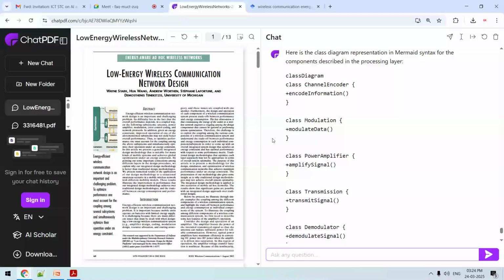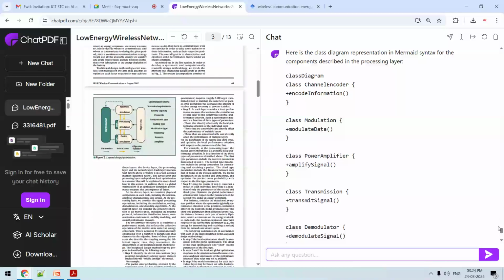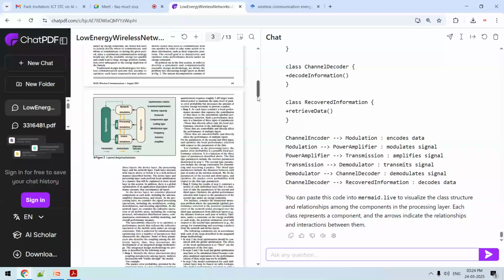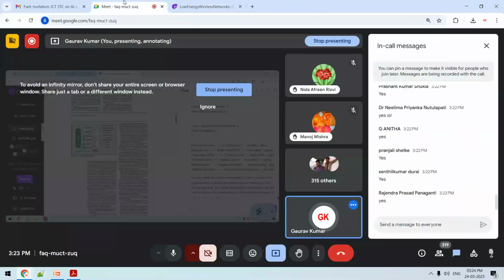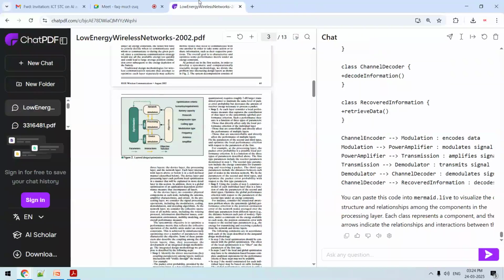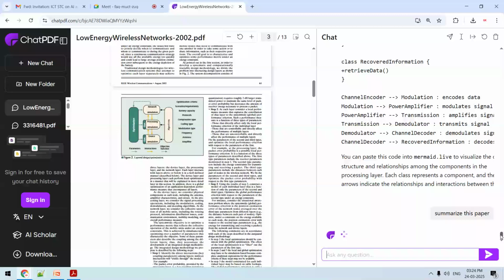So whatever paper we have uploaded, you can see that this one is the paper. Now, using prompt engineering, I will regenerate this diagram. This particular diagram is figure 2. Now what will I write here? First of all, I can summarize this document. Summarize this paper. We can go for this if I am working on a literature review or